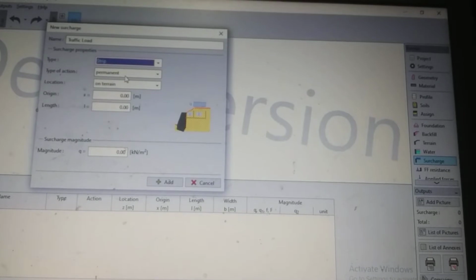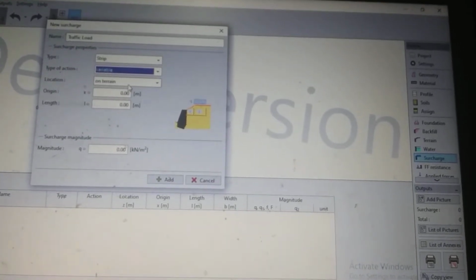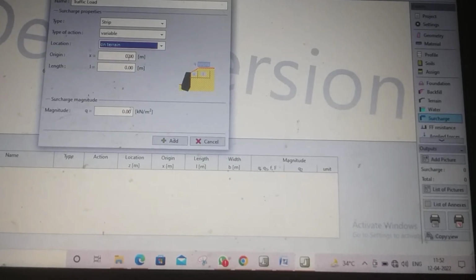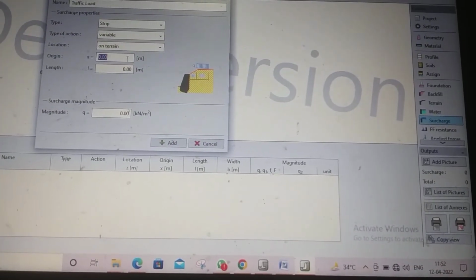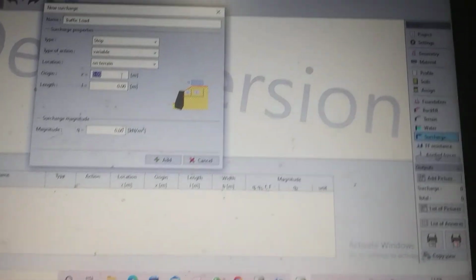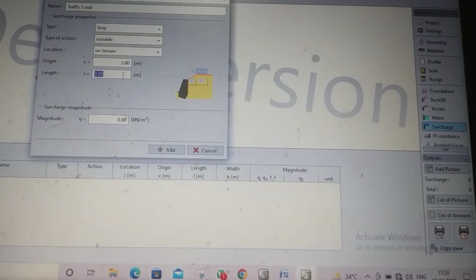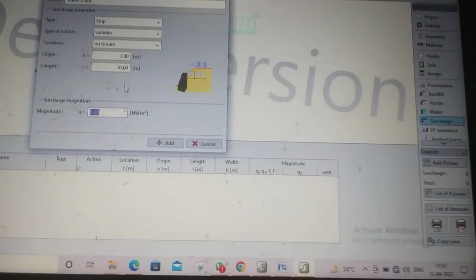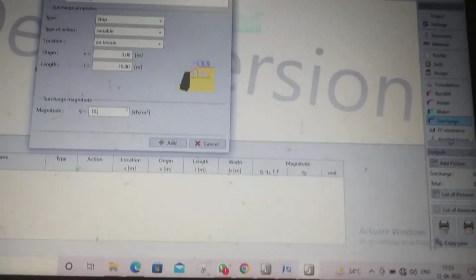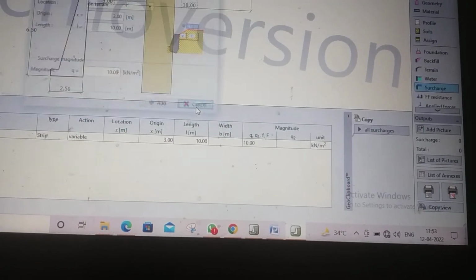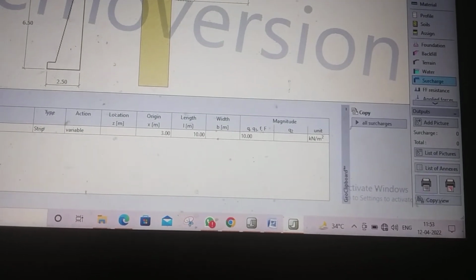Here strip, permanent, no variable. Location on terrain, no, we don't have to put any. Origin 3 meter, length 10 meter, and magnitude 10. Then we add it. So we can see that there is the loading, this one.